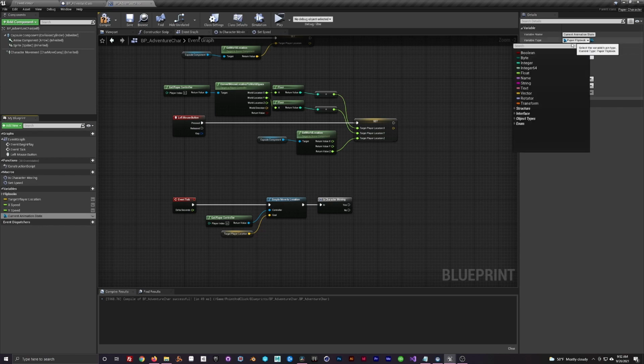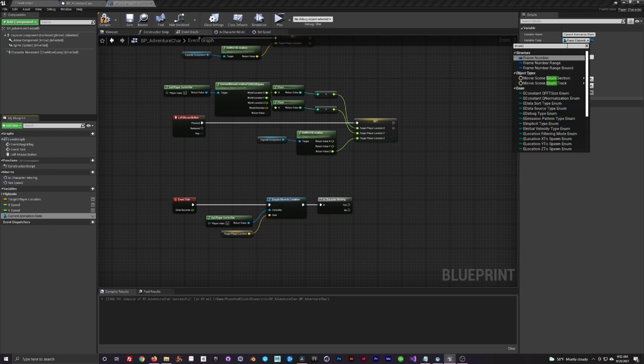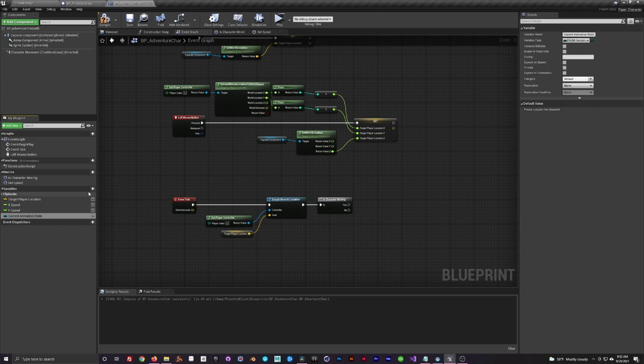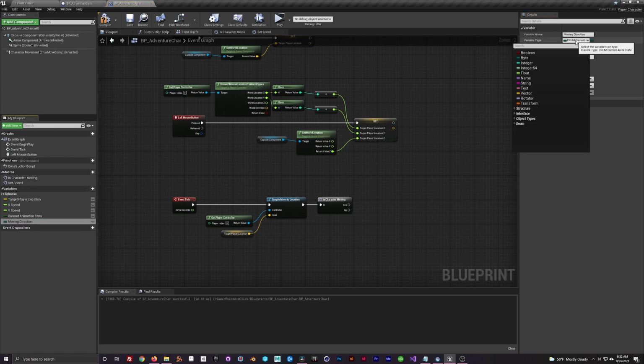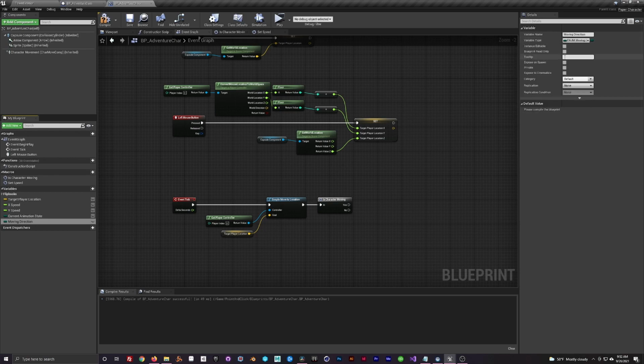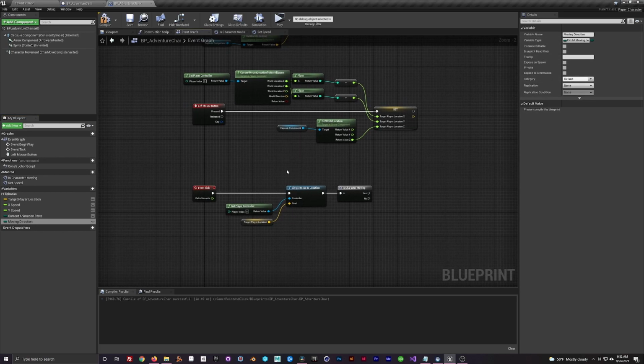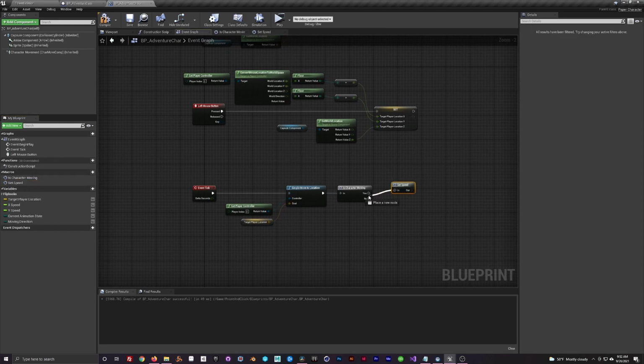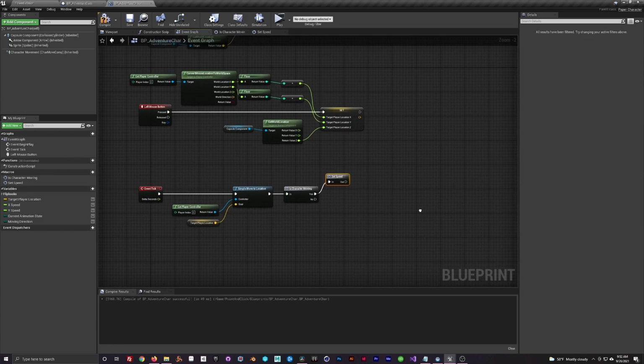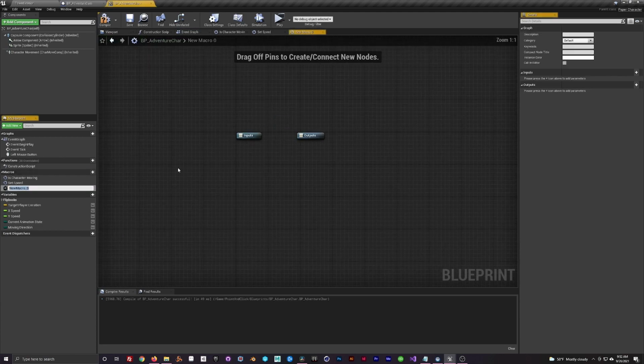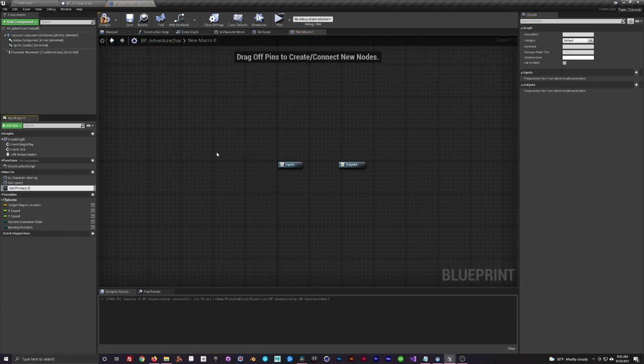Now create a new variable called current animation state and set it to the enum current anim state type, and then create one for the moving direction and set it to its enum moving direction type. Drag in set speed and attach that to the is character moving yes output pin, and then create a new